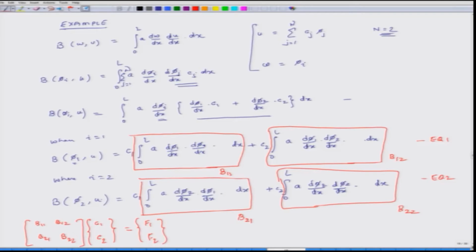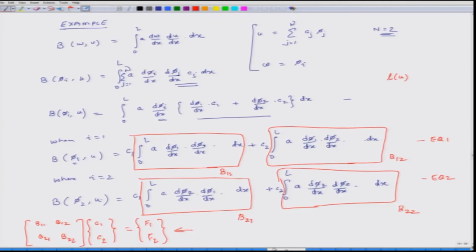How I get F? Okay. So, this is how we get this B matrix, and then we multiply it by this vector of unknowns, which is the C column, and that equals the F vector. Now, the way you calculate this F vector is that you have to go back to your definition of this L(u) term, right? Okay. So, that is what we will do in the next 5-7 minutes.